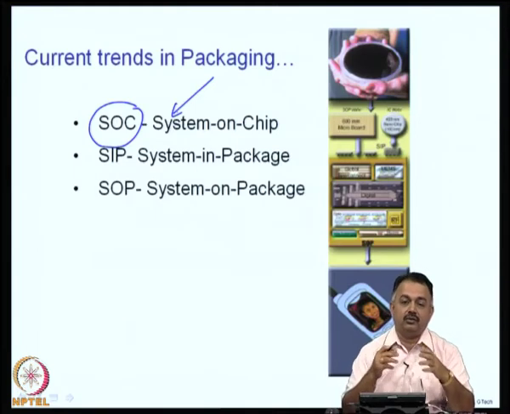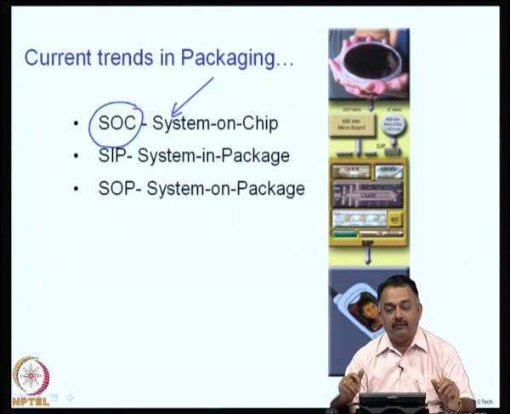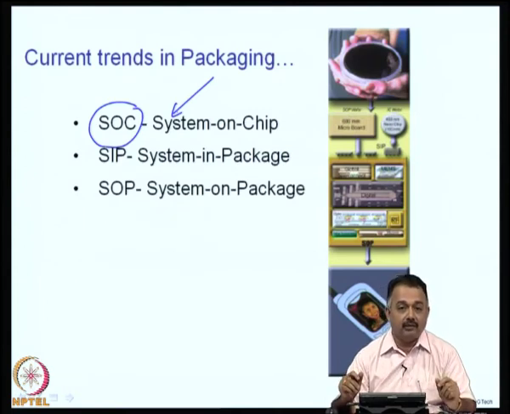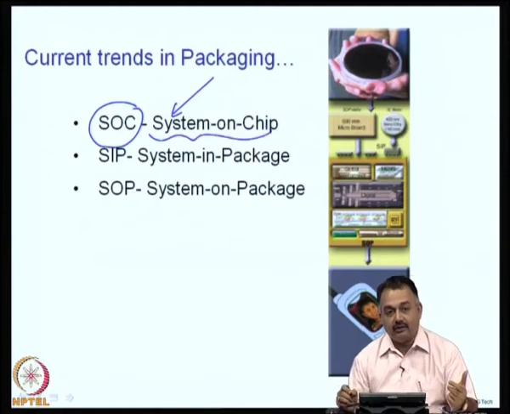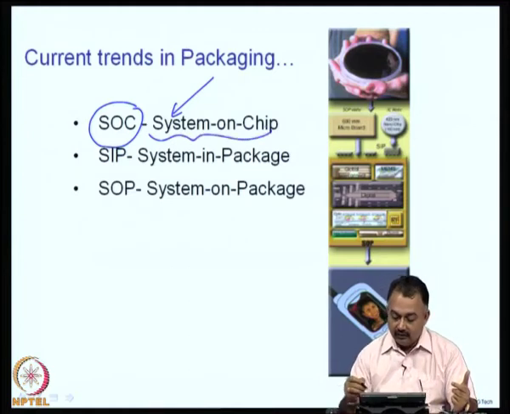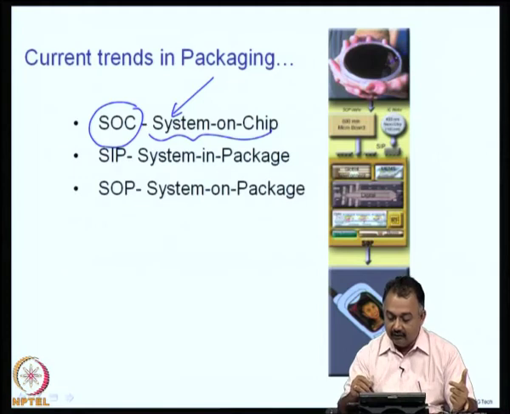So, instead of using 2 or 3 different chips for different functionalities, or due to limitations in the manufacturing process, because of current technological changes, you are able to integrate or increase the density or packaging efficiency at the chip level, and the entire interconnections of such a system can be called a system on a chip, SoC. If you look at this figure, SoC will take place at the chip level.